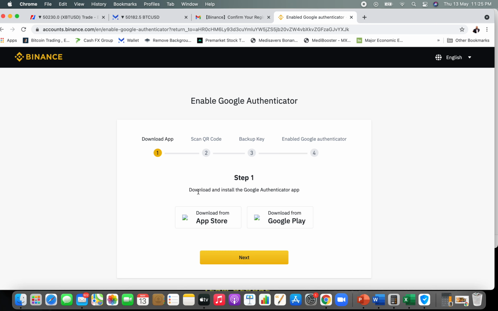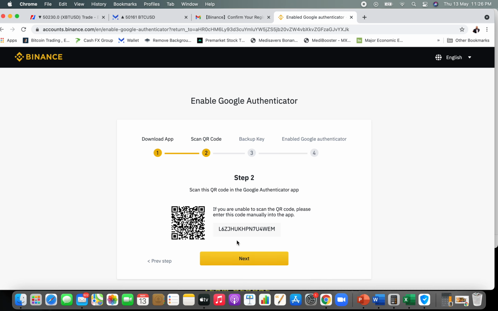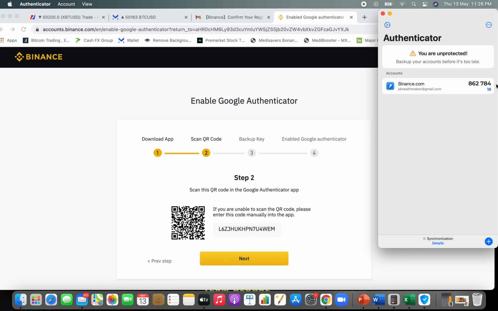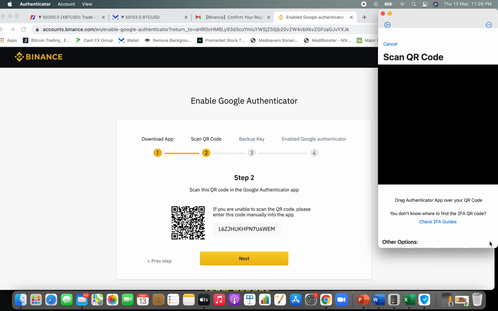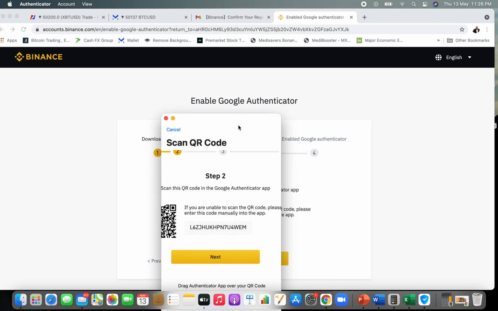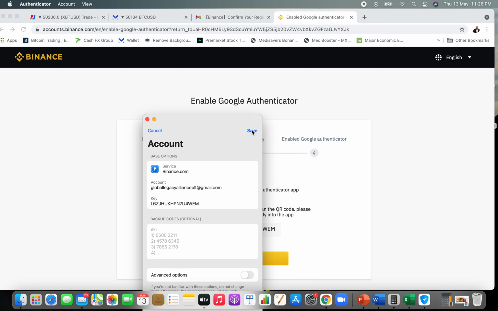It's always good to have your phone and your device separately so that you can scan the QR code every time you are logging into your account. Once you have downloaded, click next, and here you have the QR code. Make sure you scan this QR code, and let me quickly do that. I have my Google Authenticator here. Let me create a new entry, and I'm going to scan. So that is it. So I have my second.